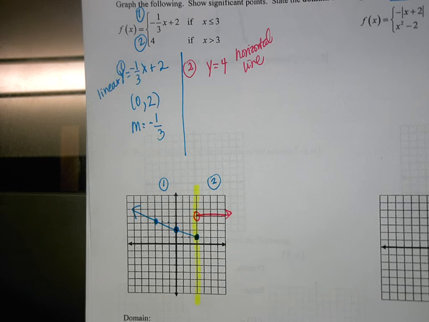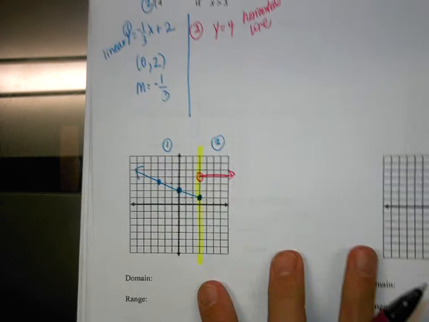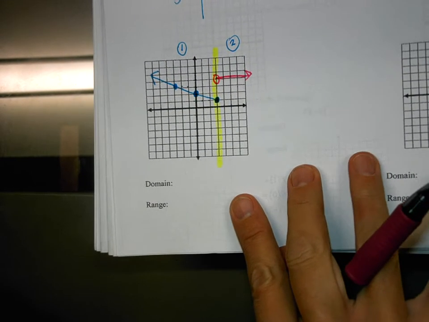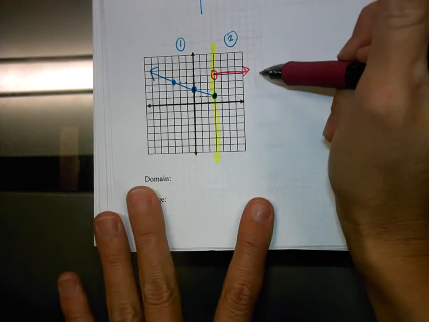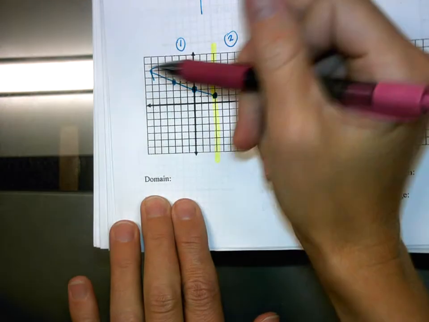Do we have any questions with what we've done? If you have questions, I'll take them. Okay, so let's state the domain and range then. I'm going to move this up. Is that okay? All right, so looking at the graph, going from left to right, starting at the left,